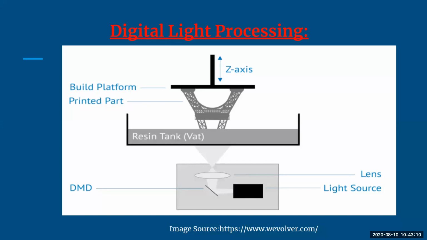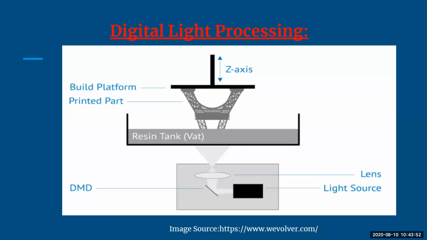It is a component that is made up of different mirrors. You can see there is a lens and there is a light source. It is basically used for navigating the light beam which comes from the digital light projector. With the help of the light, you are going to develop the object, or develop the model. Next we have a resin tank. This resin tank has a transparent bottom, so whatever light you are projecting reaches the resin and the model is developed. It is basically used for that.